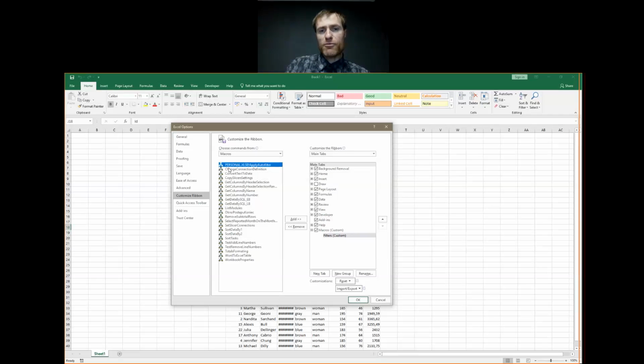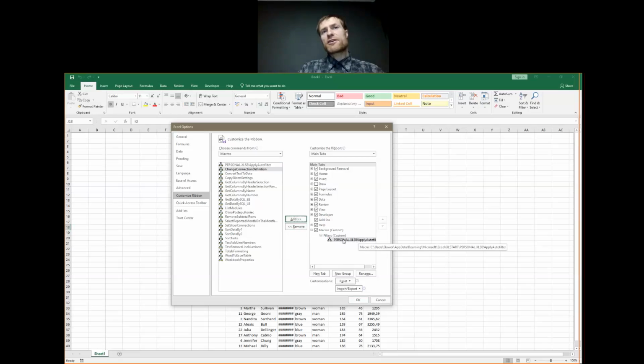So that's how you could recognize that this macro comes from your personal macro workbook. I'm selecting this macro and using these buttons in between, like add or remove. So I'm clicking add, and this macro is automatically located here in the filters group